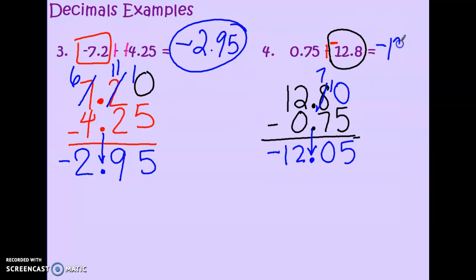So negative 12.500. Don't forget this 0 here when you're writing your answer. It is part of your problem. It does make a difference in 5 tenths and 500, which is a pretty big difference. Okay, so